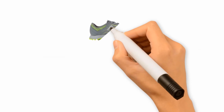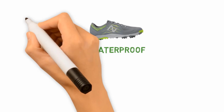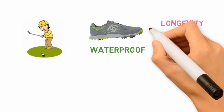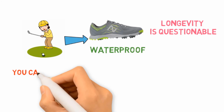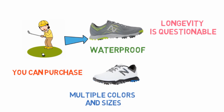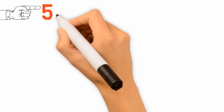The New Balance Minimus shoes are also waterproof, which Amazon reviewer Rick the Writer says is an important feature for golfers who are looking to walk the course. However, Amazon buyer FluDoc says the longevity of the New Balance Minimus golf shoes is questionable, as the sole of the right shoe separated after several rounds of golf. You can purchase the Minimus golf shoes from New Balance in multiple colors and sizes, and you can select from men's or women's shoes. And for our last pick, we have the best golf shoes for stability, which goes to